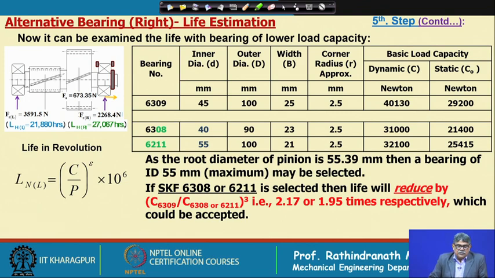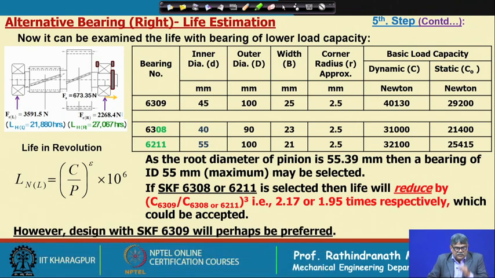With the bearing 6211, it will be divided by almost 2. So in one case almost 11,000, in the other case it will be around 14,000. So these two bearings could be accepted, but looking into the shaft size, steps and more reliable operations, perhaps it is better to go with